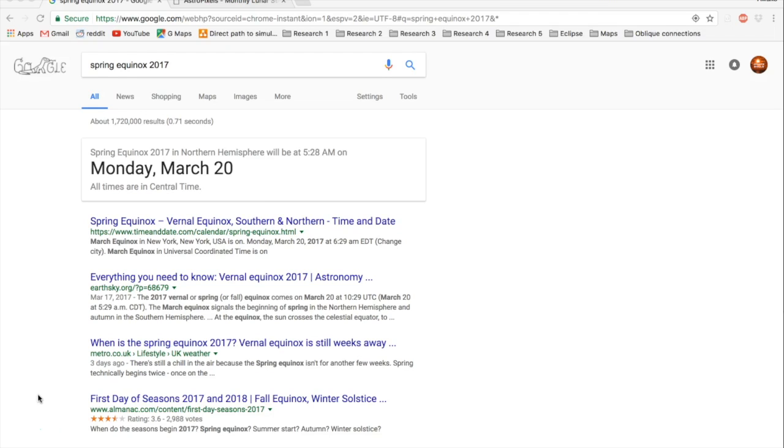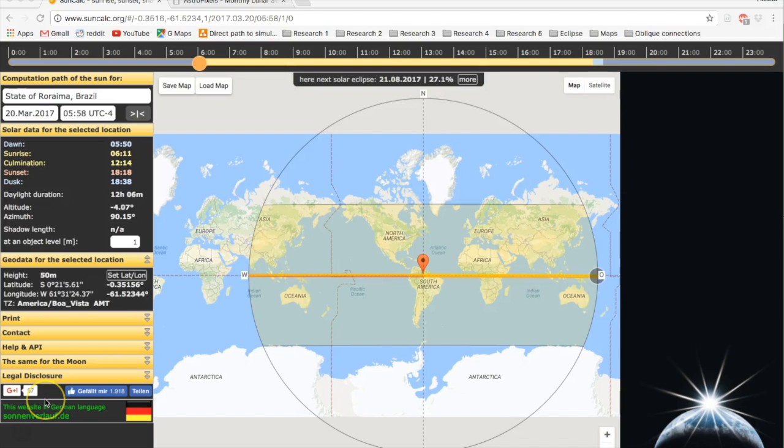In the Northern Hemisphere it will be at 5:28 a.m. All times are central, so check for your own location. But on the equinox, we are going to see a 90-degree east sunrise, 270-degree west sunset. And let's see what the problem with that is. So here's the problem. On the equinox, the sun rises 90 degrees east and sets 270 degrees west, not just at the equator, but